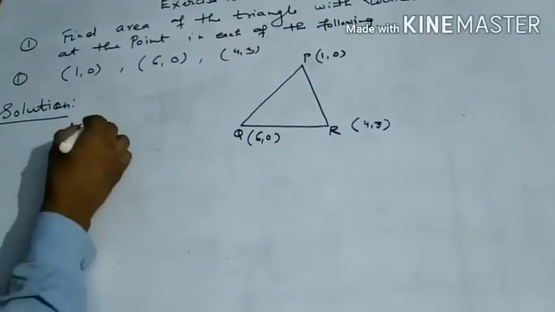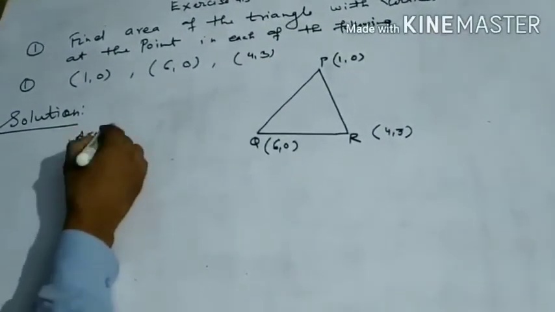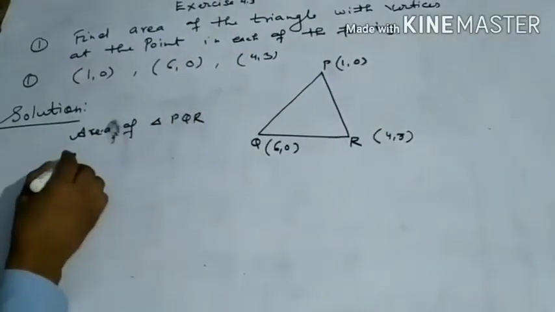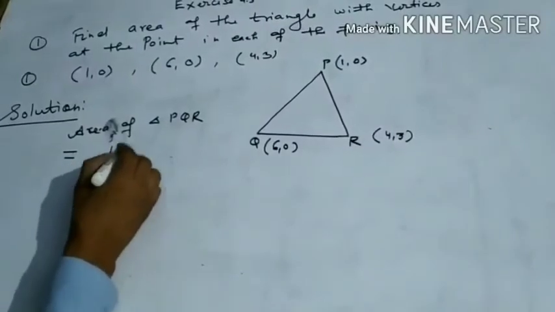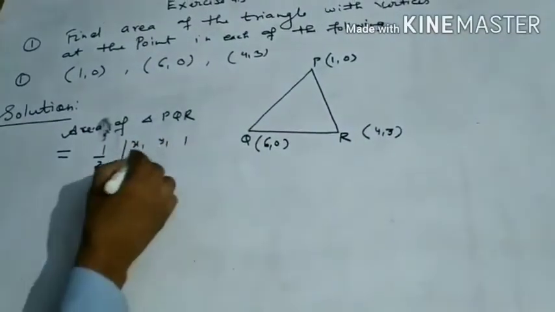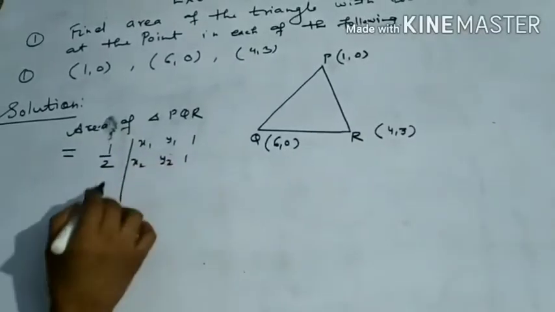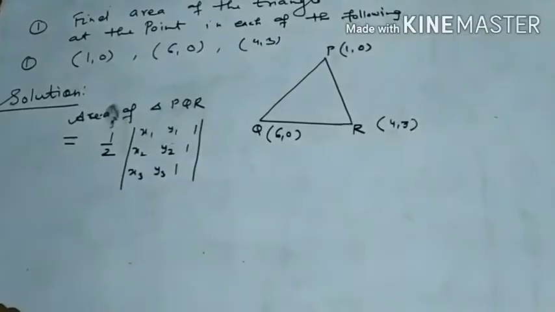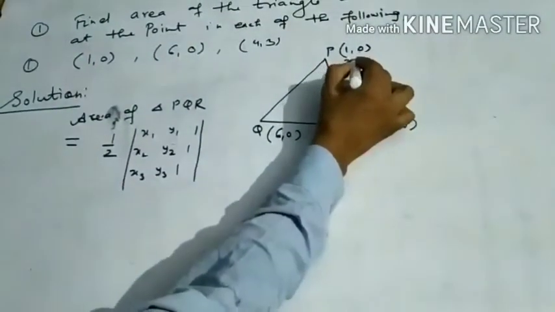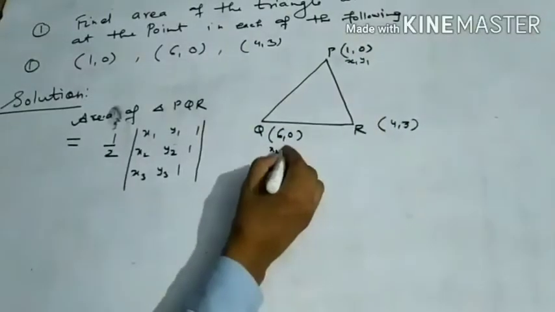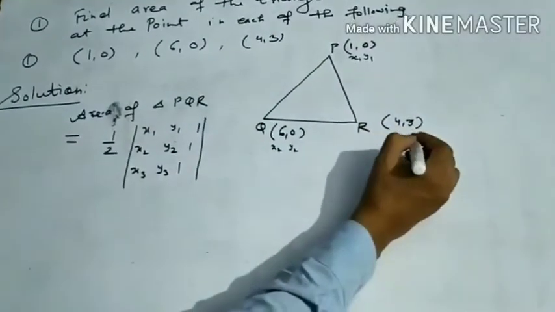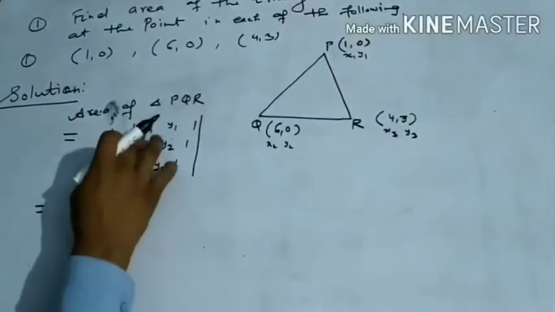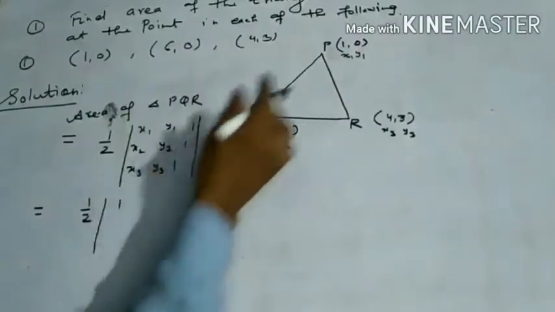So the area of triangle PQR is equal to 1/2 times the determinant with rows x1 y1 1, x2 y2 1, and x3 y3 1. Now suppose this is x1 y1, this is x2 y2, and this is x3 y3. So this is equal to 1/2 times the determinant with first row 1, 0,